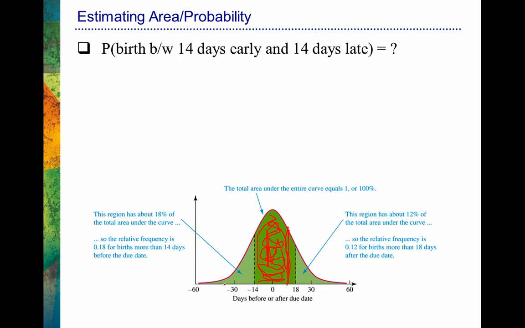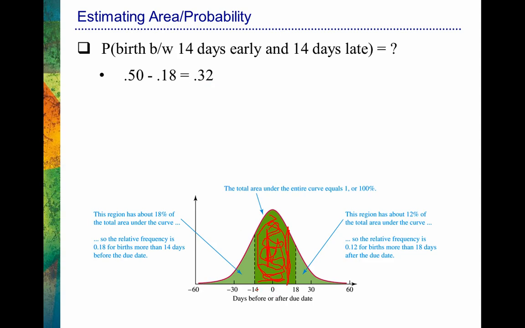So 50% minus this 18% should show me how much area there is from 0, giving birth right at your due date, to negative 14, giving birth 2 weeks early. So if I take 50% and subtract 18%, so 50% is this entire half of the distribution, minus this part right here, where we already know the answer equals 18%, I find that 32% of the distribution is found between